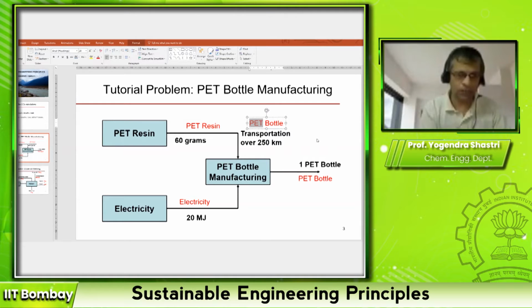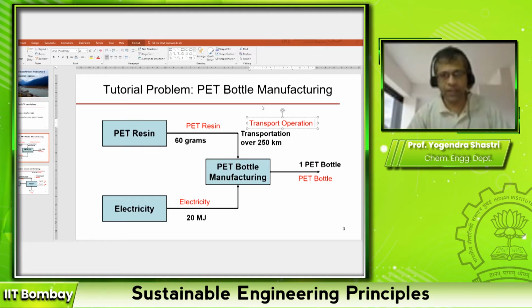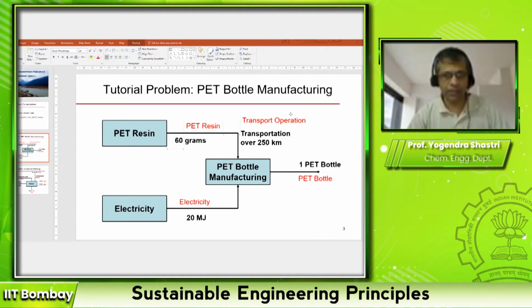It's an input to your system, and that is required to transport the PET resin from the resin manufacturing facility to the PET bottle manufacturing. So this transport operation is technically, as far as the LCA nomenclature and the procedure is concerned, actually a product flow.